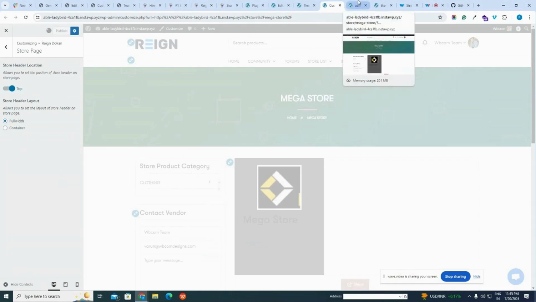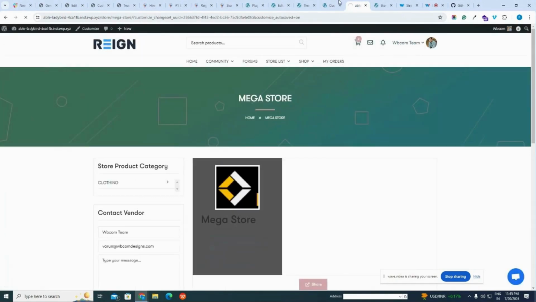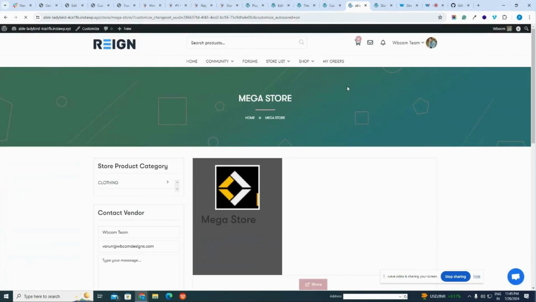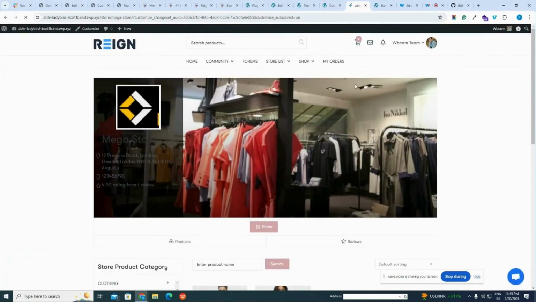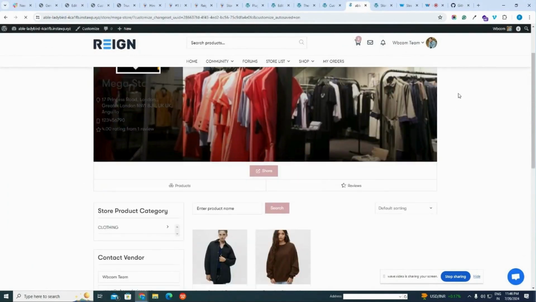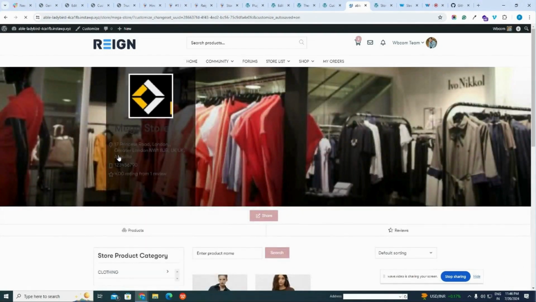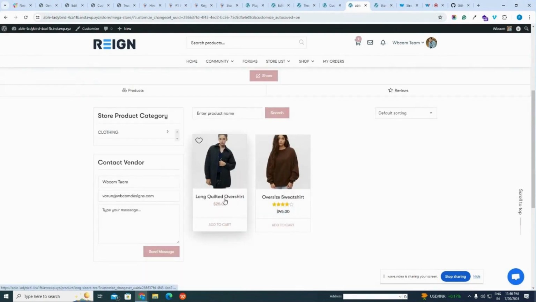I'll set it as full width. Then publish. So the header will display some contact info about the store: location, contact info, rating, logo, store name.